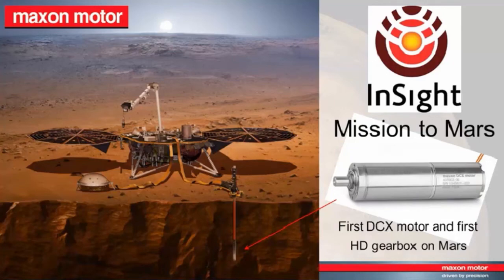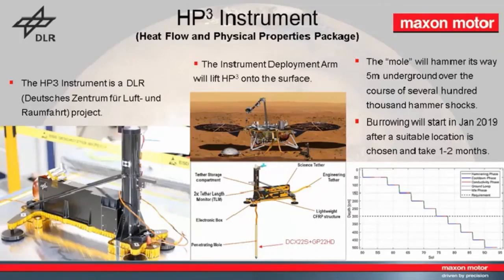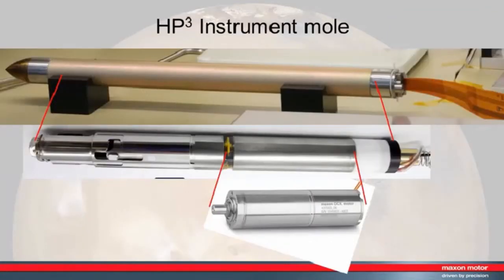The InSight mission is not a rover; it's a fixed lander. And it has 3 main instruments on it, and one of them is this heat flow and physical properties package that's developed by DLR in Germany. So it's the German aerospace research organization, and it has what's called a mole inside it to take a temperature probe some 5 meters below the surface of Mars. And it does this with a system